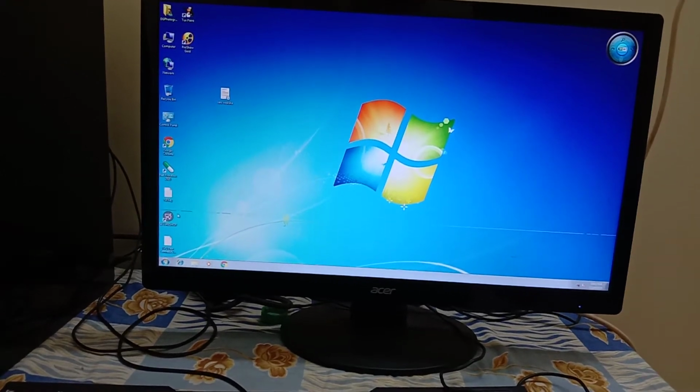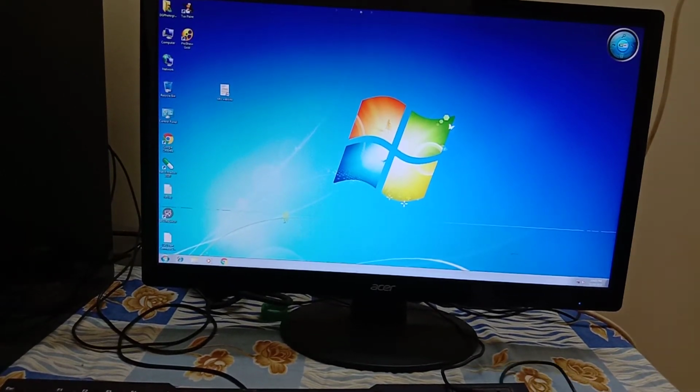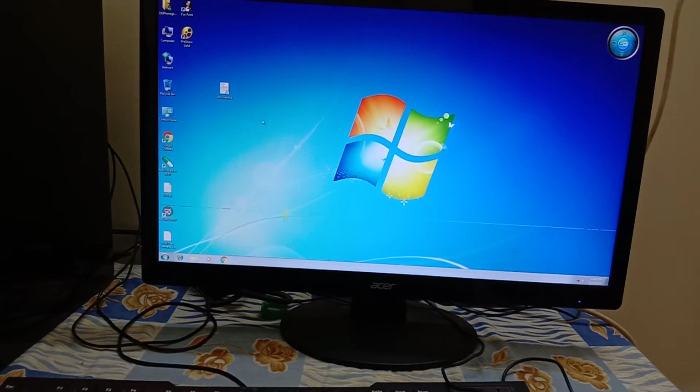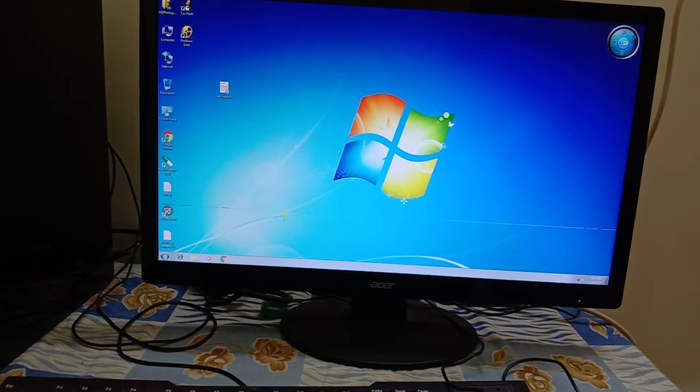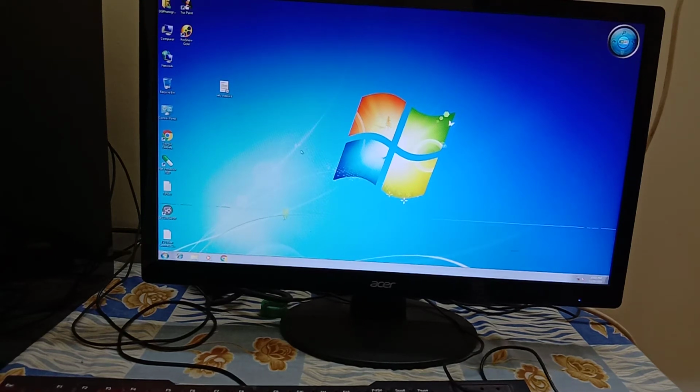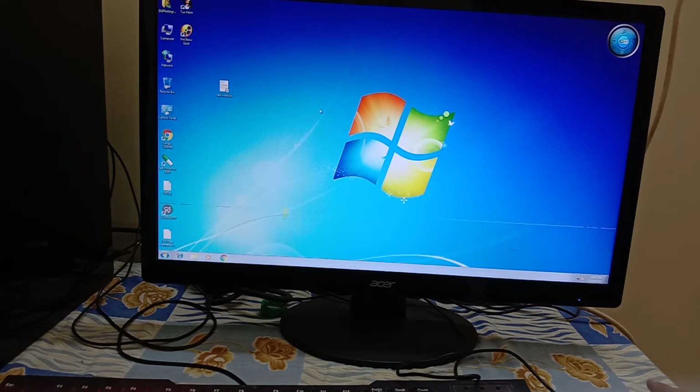Children, you all can see these small pictures on the background. These are called icons. And this white color pointer is there, you all can see. That is called mouse pointer. When you move the mouse, for example I am moving a mouse here, you all can see. The way I am moving here, it is moving that way.